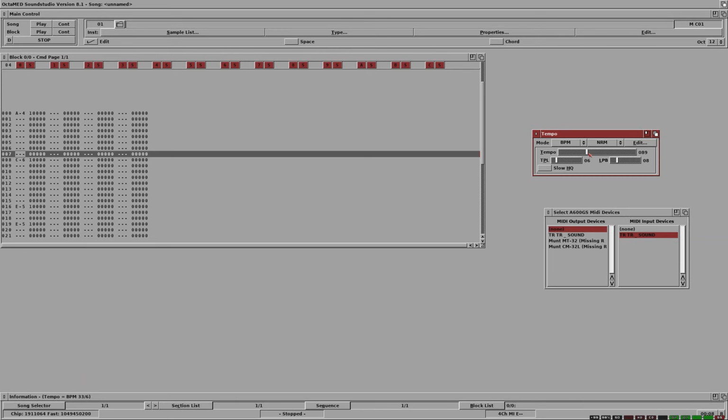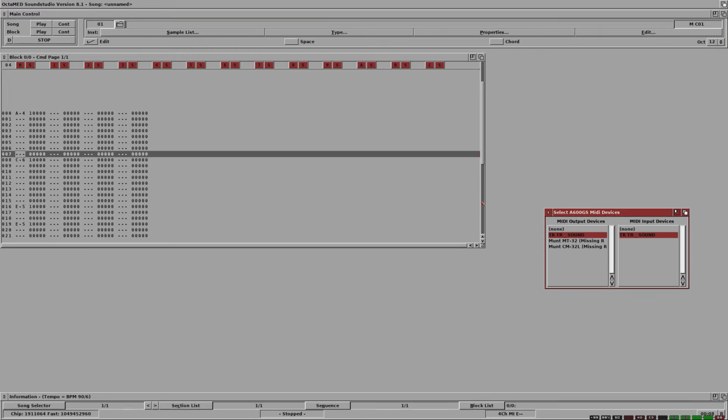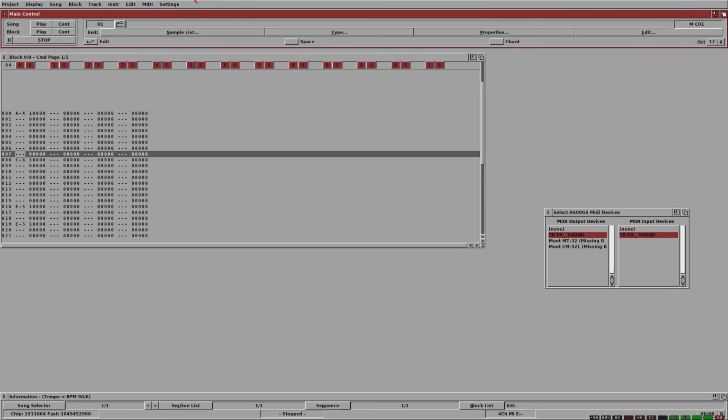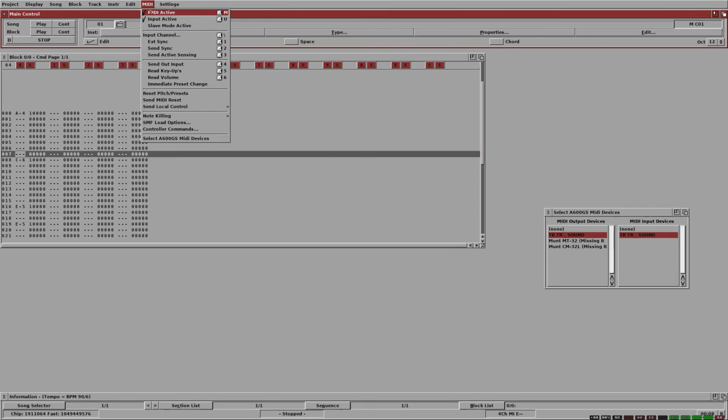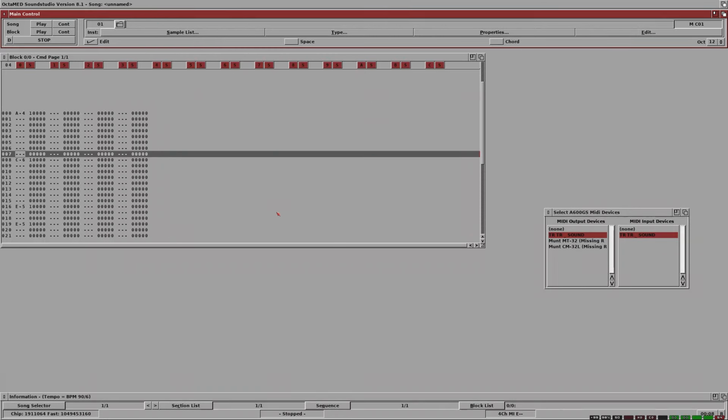90 beats per minute, and it's already set to 8 lines per beat, or whatever that means. Right, I'm going to put that back on again now, and when you do that, you have to re-enable MIDI for OctaMED for some reason. Probably because it thinks the device has been detached or something and needs reinitializing. So now if we play again,